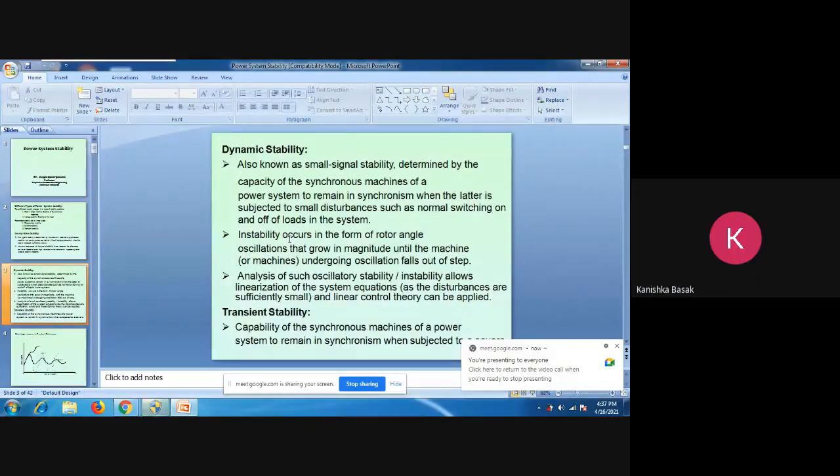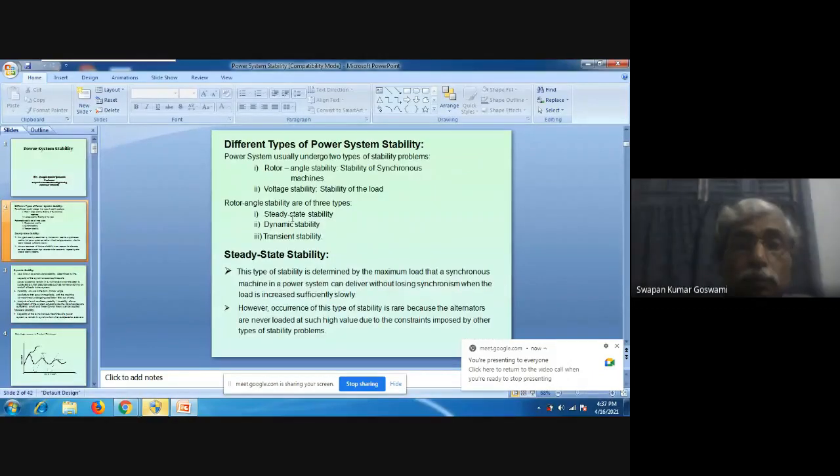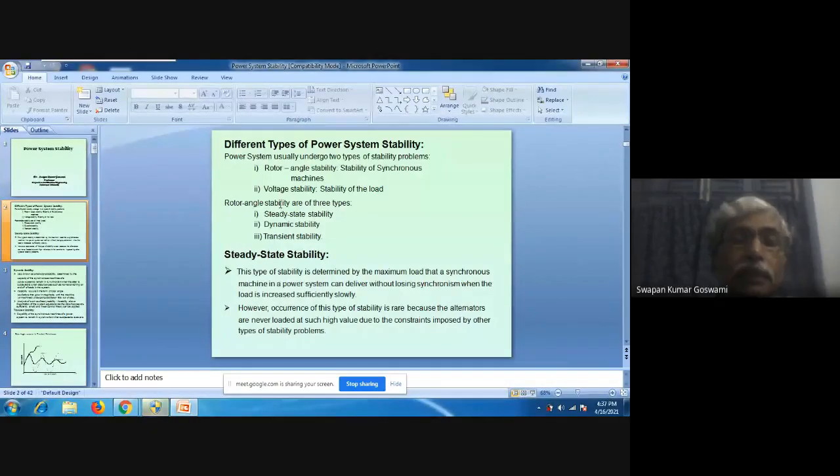Yes, sir. Okay. So we have started discussion on power system stability, and we have discussed different types of stability, broadly classified. Stability can be divided into two types: rotor angle stability and voltage stability. And also we have mentioned that rotor angle stability is of three types: steady state stability, dynamic stability, and transient stability. So here in this course, we shall discuss rotor angle stability only, not the voltage